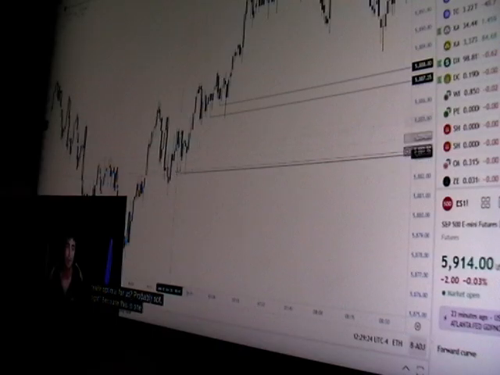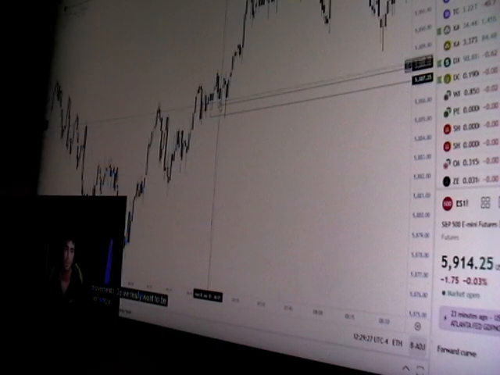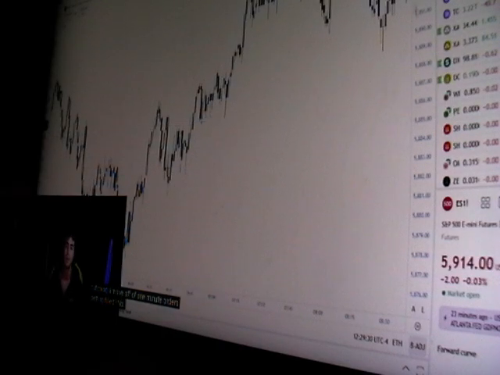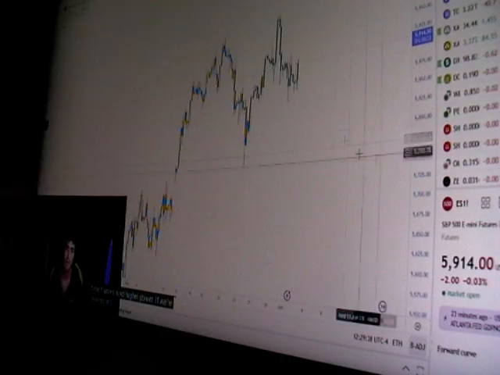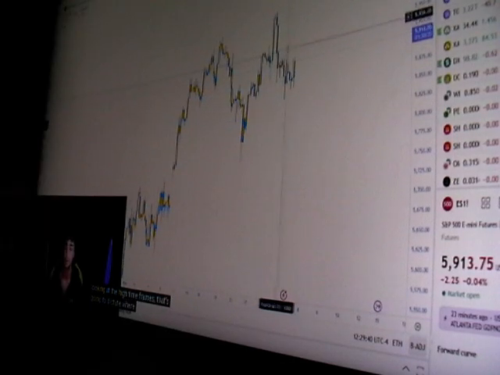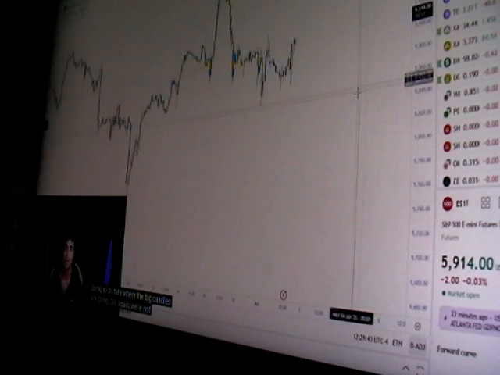Because this is 1 minute movements. Do we really want to be catching a move off of 1 minute orders getting filled? No. Ideally, we're catching moves off of high time frame orders getting filled. Why? Because high time frames hold higher power. If we're looking at the high time frames, that's going to dictate where the big candles are going. So again, we're not trying to catch 1 minute moves.